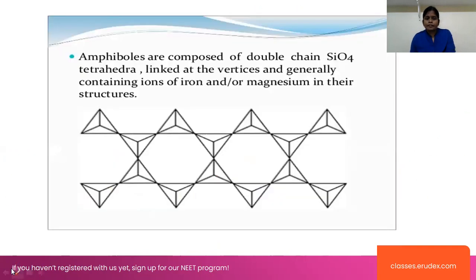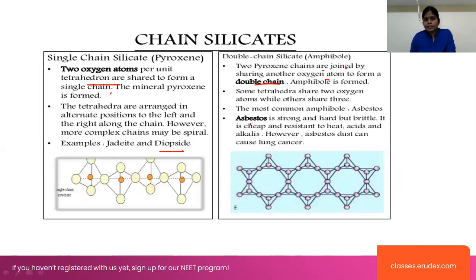Now look at the single chain silicates. Here these 2 oxygen atoms are sharing. So that's why we are writing SiO3 with 2 minus here. Now look, in this case only 2 oxygen atoms are sharing. Whenever you come to this point, we are taking off this unit at the center. Then you will see that in this case 2 oxygen atoms are sharing and this oxygen atom is also sharing here. Total oxygen atoms will be 3.